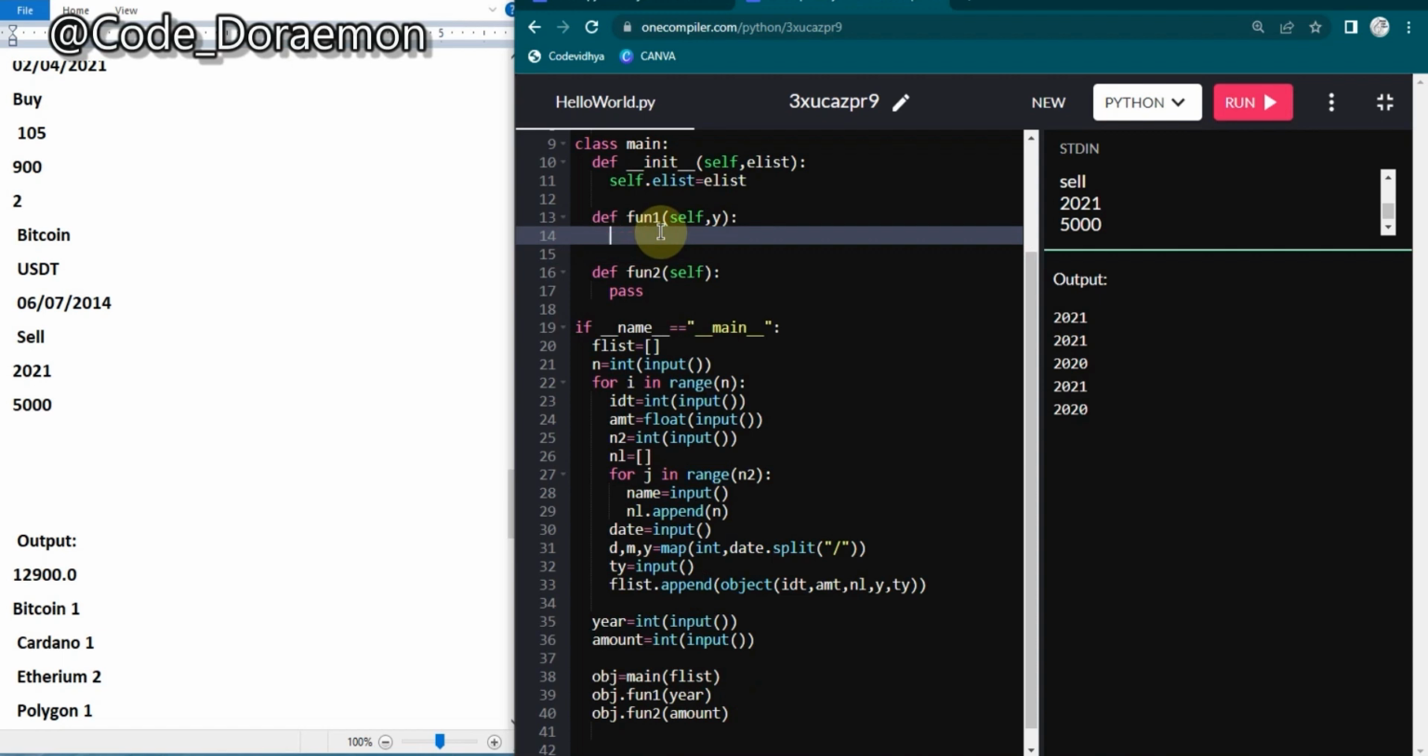And what is the criteria here is we have to print the total amounts when the type is going to be buy, and one of the names of the coins is Bitcoin, and the trade is done in the year passed over here. So let's quickly do that. Let's iterate through the list first. So for i in self.elist,